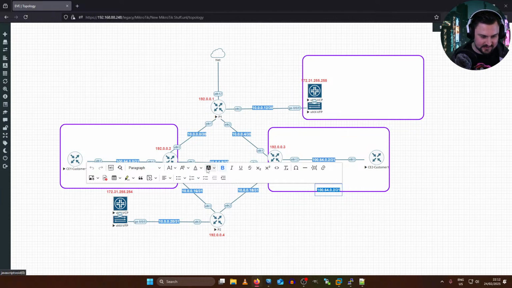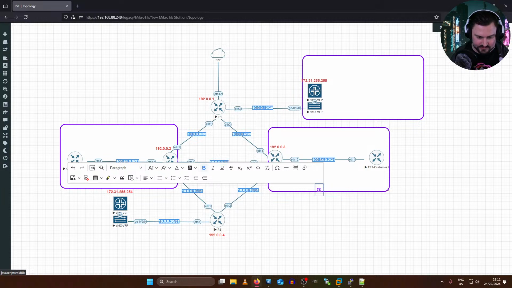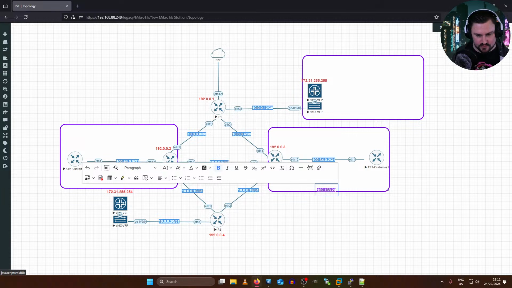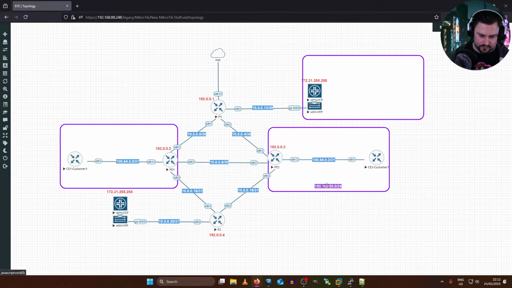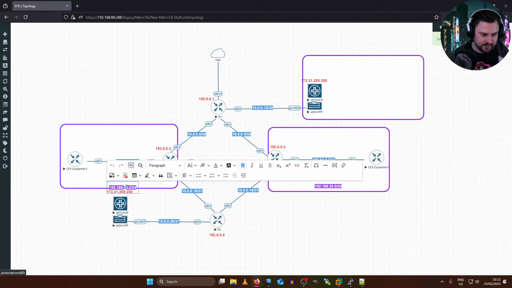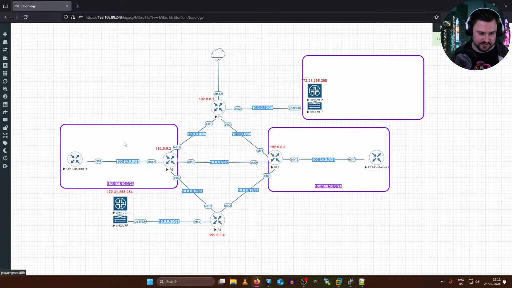So let's just change this color, maybe make that a purple. And then I can just give this LAN subnet maybe something, what would be easy, 192.168.20.0/24, and then the other side I'll make .10 because that's easy to follow along with. It's not difficult to understand. So we know .10 is the first side, and then .20 is the second side.